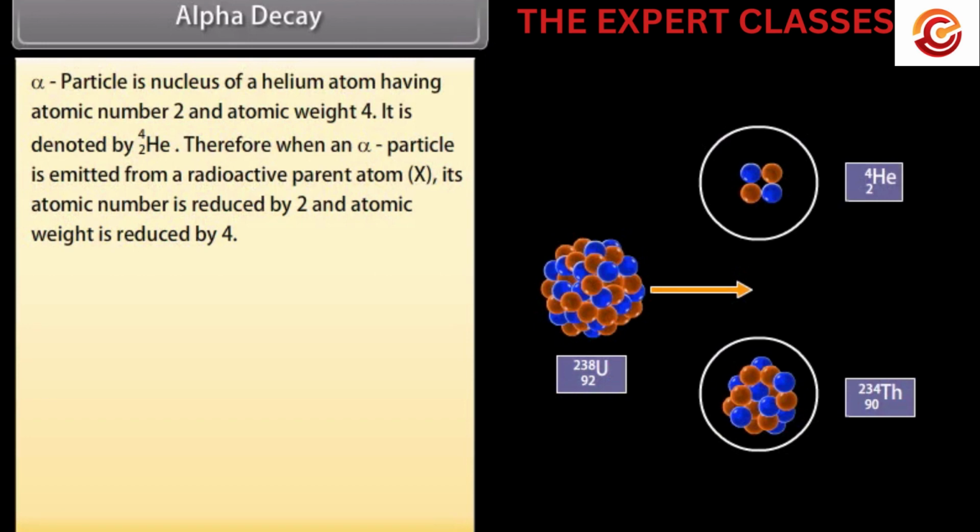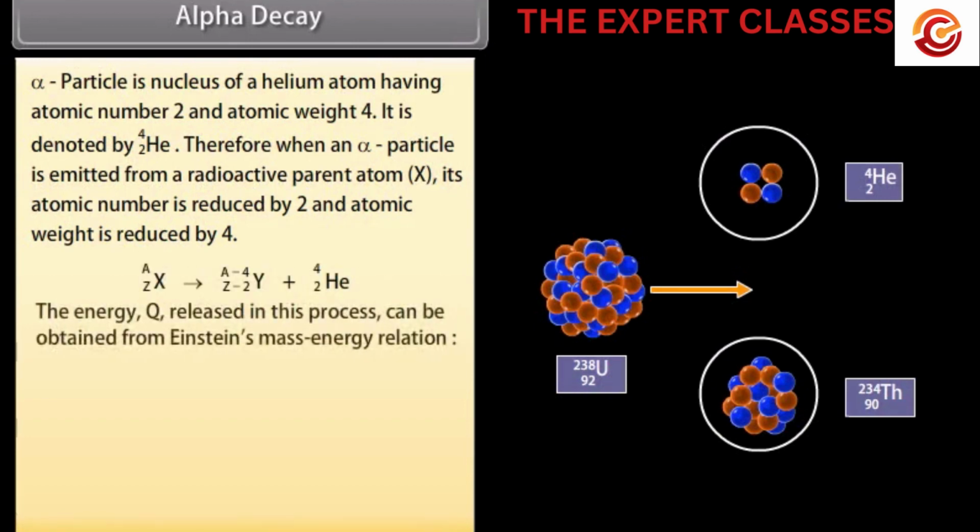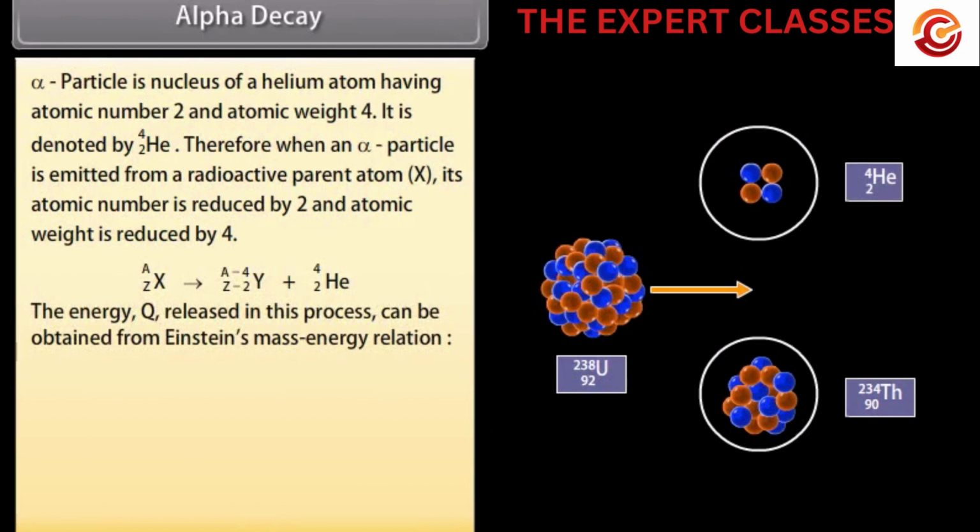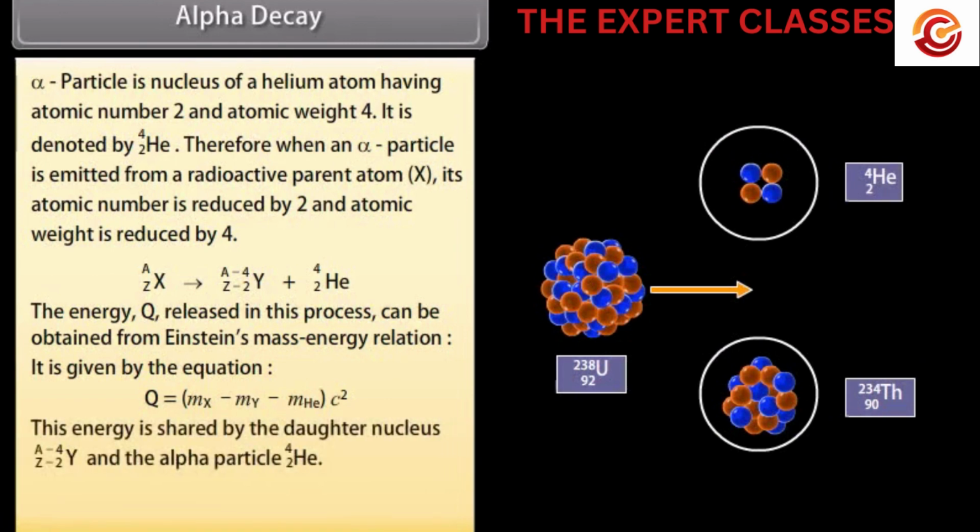It can be demonstrated as follows. The energy Q released in this process can be obtained from Einstein's mass-energy relation. It is given by the equation Q is equal to (mX minus mY minus mHe) into c square. This energy is shared by the daughter nucleus and the alpha particle. For example,